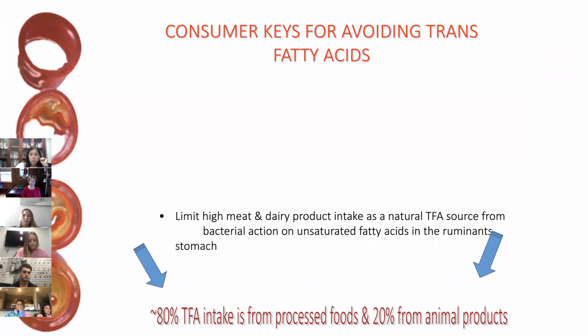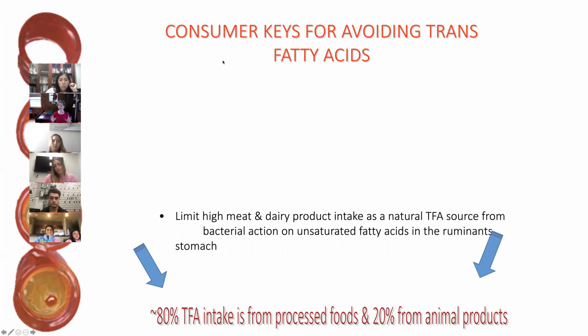So trans fatty acids can be found in animal products. I don't know what you think about trans fatty acids, but when I've learned about them and talked about them, they are created during the hydrogenation process. The trans fatty acids are made from partially hydrogenated fatty acids. But they are also found up to 20% of what we consume. For folks who consume animal products, 20% of trans fatty acids can come from animal products.